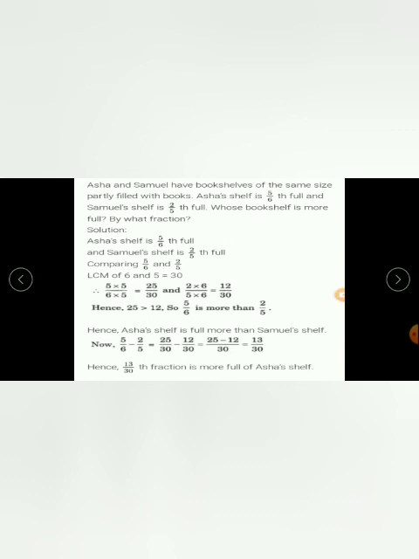So in this way, when you get a word problem, read it carefully, analyze what all things are given, and solve the question according to what is asked in it. That means if it is for addition, you have to add the fractions. If it is for subtraction, you have to subtract. Or if it is for comparing, you have to compare. For that, read the question carefully and analyze it and then solve. In word problems, writing of steps is very necessary. Then only you will get the full mark. So, a word problem is complete when all the steps are written in the proper way.